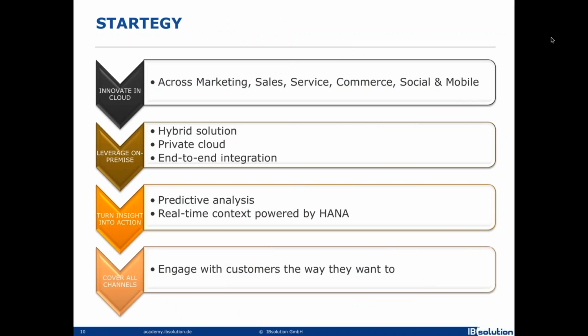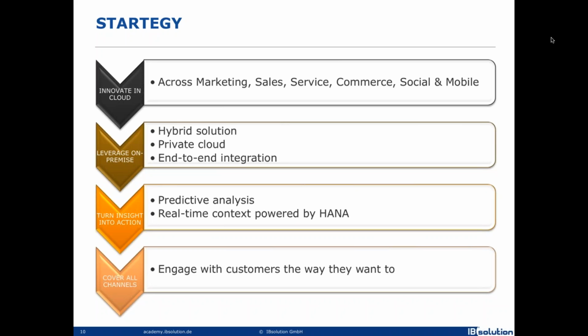Okay, so regarding the strategy, the cloud strategy, SAP is investing a lot in order to innovate, rapidly innovate in the cloud, innovate in all these marketing, sales, service areas, and also commercial, social, and mobile areas. They are really pushing very hard. They push new release each and every quarter, which is quite a lot.